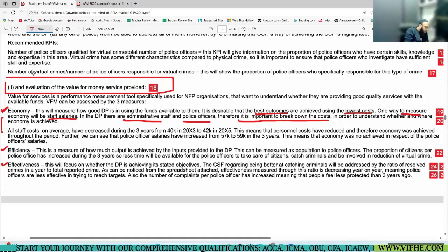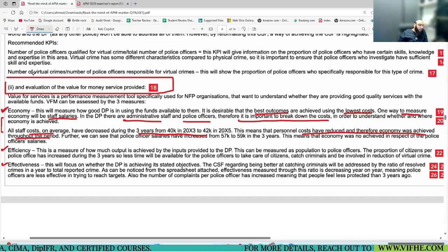Okay. All staff costs on average have decreased during 3 years. This means personnel costs have reduced, and therefore economy was achieved throughout the period. Very interesting point you will learn today. Economies were achieved.